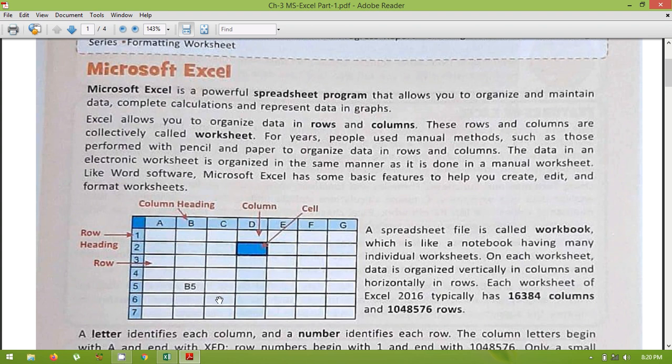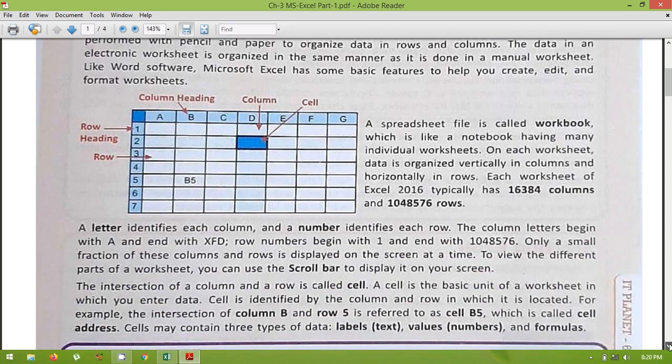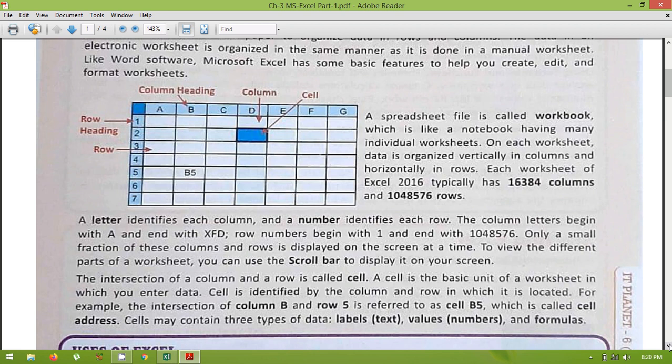And in this vertical direction we have rows: first row, second row, third row, and so on, and we have many more rows as well. In one worksheet we have this many columns and this many rows; columns are denoted by letters and rows are identified by numbers.